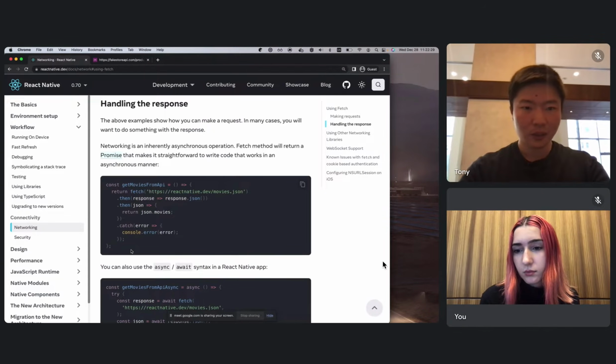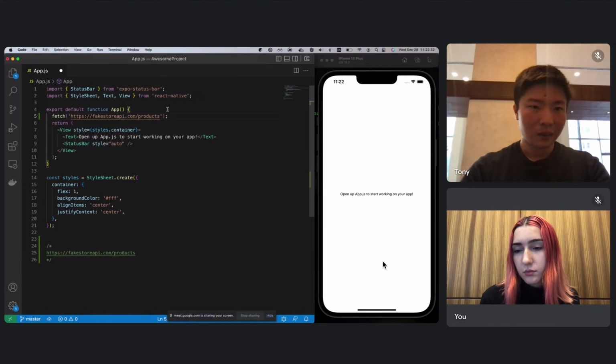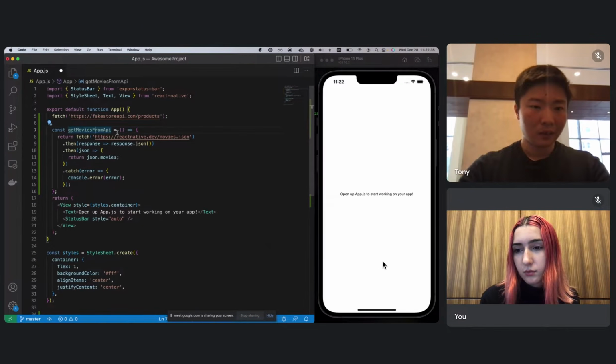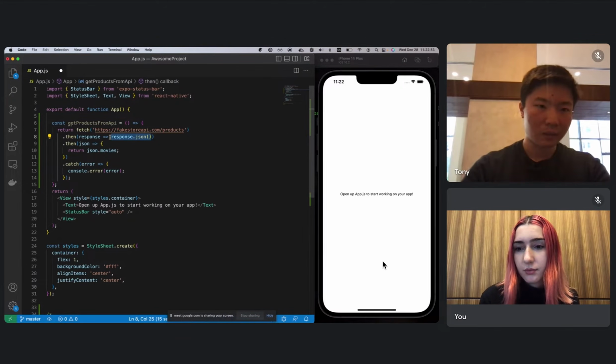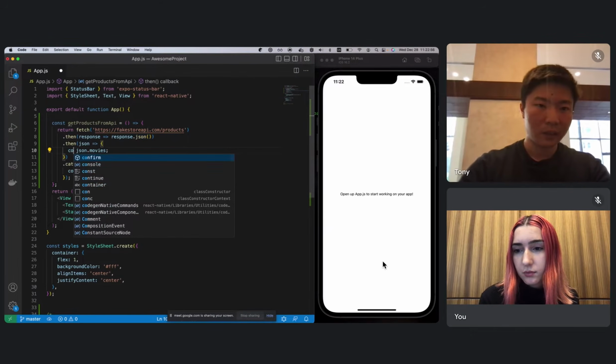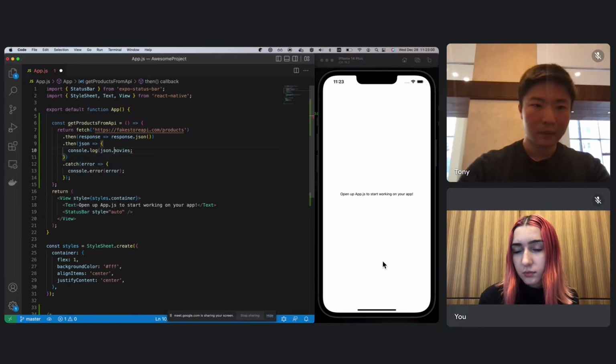So just copy the whole thing. Change the name, and then just take this part. We want to make sure that when the response comes, we convert it to JSON, and then instead of returning, we're just going to console log for now. And of course, catch any errors if there are to be any.